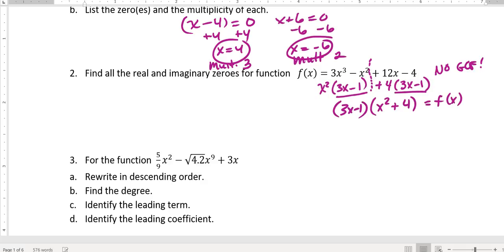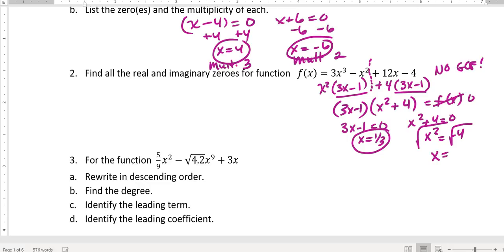To find the zeros, I set it equal to 0, and then I set each factor equal to 0, and I solve. Well, that one was pretty straightforward. Now this one is a little trickier, because I'd get x squared is equal to negative 4. If I take the square root of both sides,